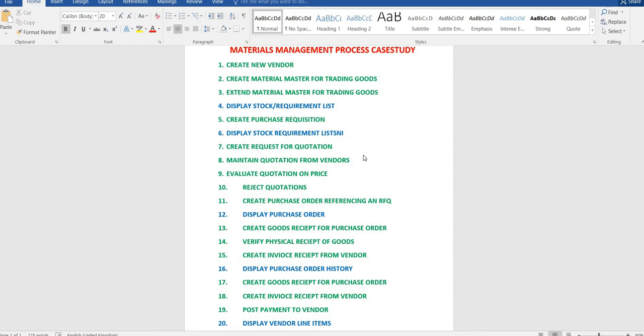The first thing that we have to do is create a vendor. Remember, a vendor is a company or a group who is responsible to supply you the raw material for manufacturing. So the first thing is that we have to create a new vendor. And my students, you will have this exercise with you, so you can just follow those steps.